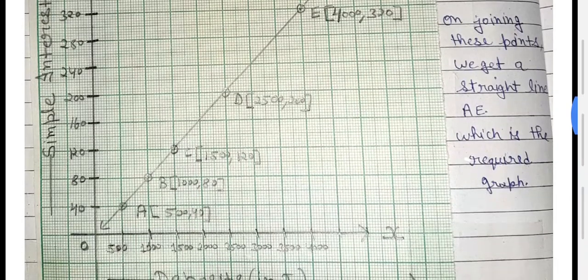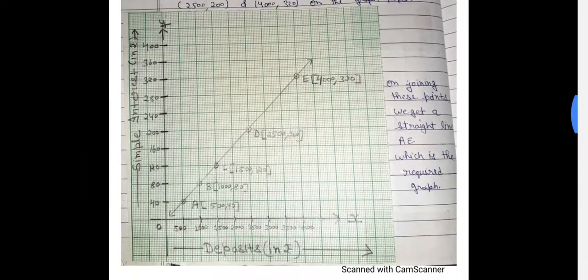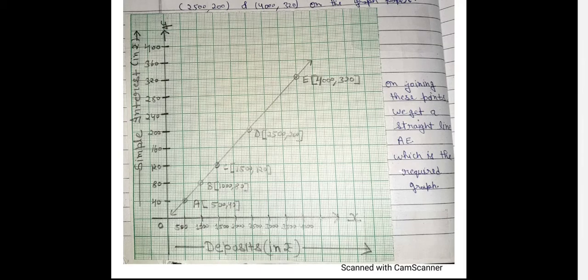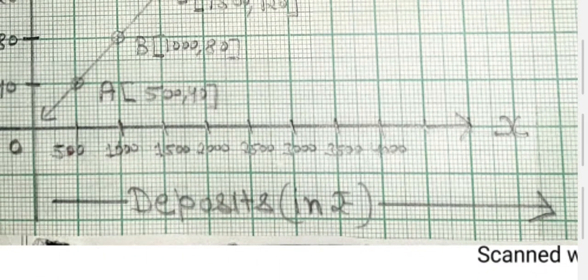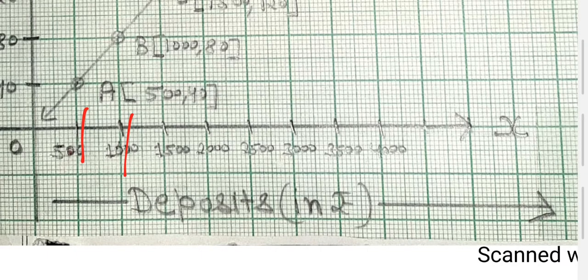Now I am showing you how to draw. Just look here, the complete graph. First you make an x-axis and a y-axis, and on the x-axis you start with 500, and a gap of 500 you have to take. Now this one box represents one small unit, so it is 500, then 1000, then 1500. If you zoom in, you can see it clearly. It becomes 500, then 1000, 1500, 2000, 2500, 3000, 3500, and 4000. Like that you have to take on the x-axis.